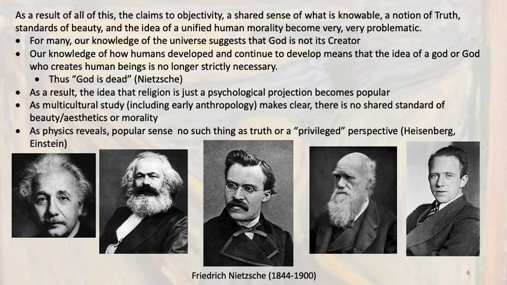Beginning of early anthropology, especially around Columbia University in the United States, is one of the key places for this. There's no shared standard of beauty, questioning of a standard ethics or morality. And then in physics, the idea that popularly arises through relativity theory and the Heisenberg uncertainty principle is there's no such thing as a truth or a privileged perspective. Of course, you see Einstein to the left and Werner Heisenberg to the right, and then in between them, to the left of Nietzsche, as we look at this, is Karl Marx. To his right is Charles Darwin, next to Bohr. Anyway, so